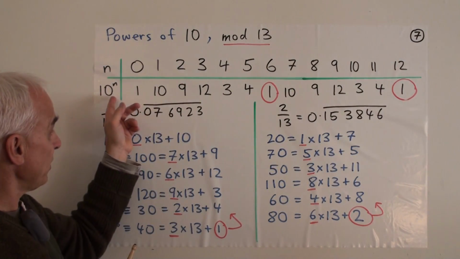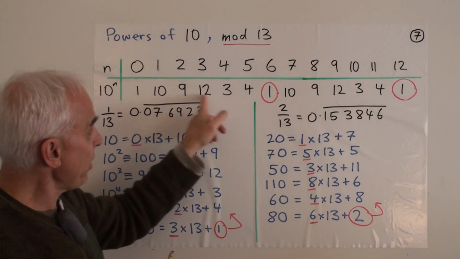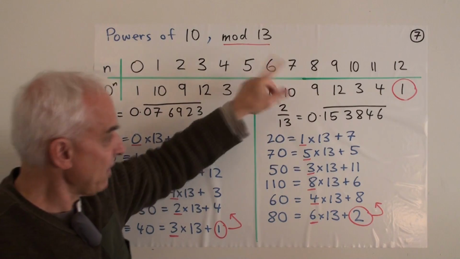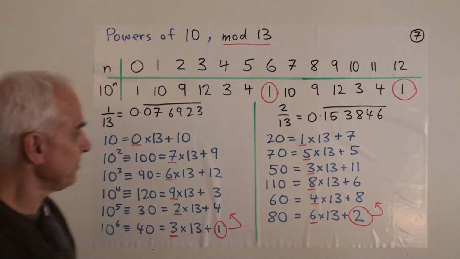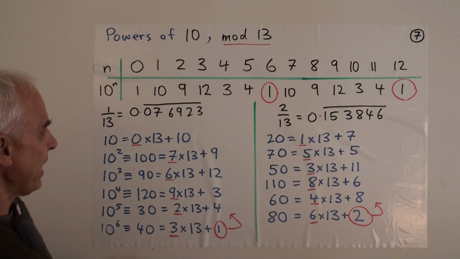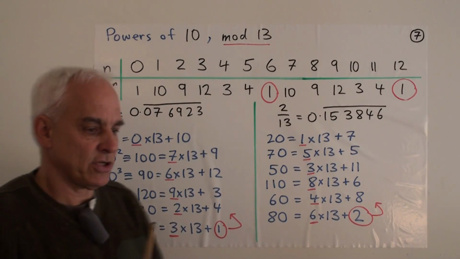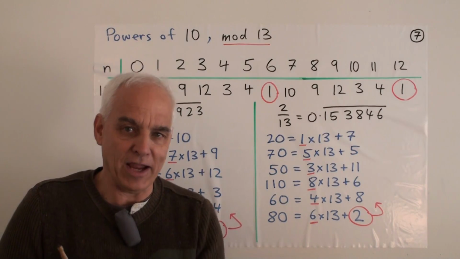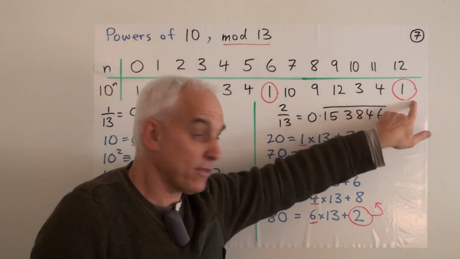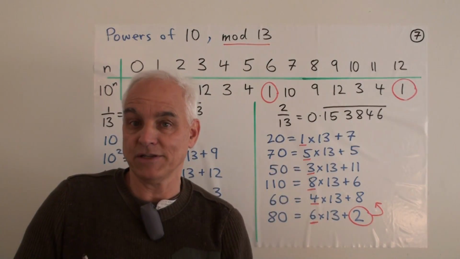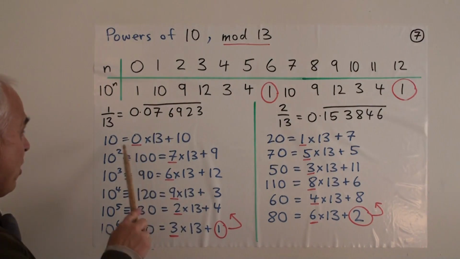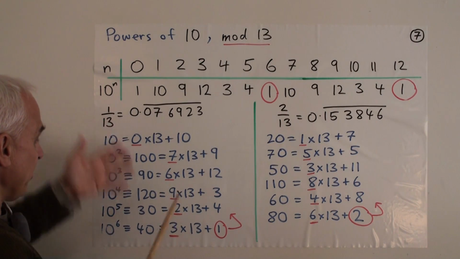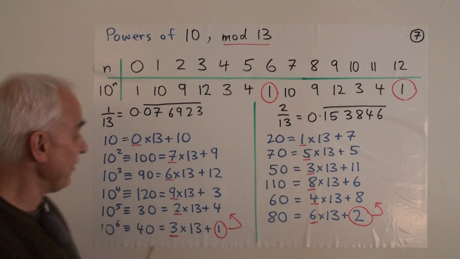But in this case, with the powers of 10, we see that a 1 also appears at the 6th spot, which is a divisor of the 12th spot. And it's that 1 appearing there which can be interpreted as telling us that there's going to be a cycle of length 6 rather than a cycle of length 12 as we might otherwise expect. Okay, and here are the various computations that you get, very parallel to mod 7 things that we just did.